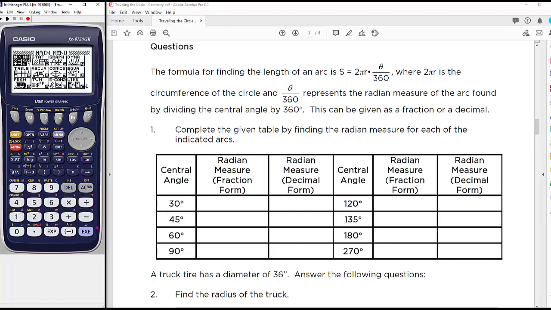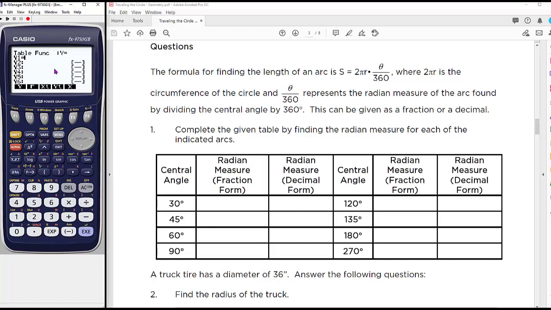So if I go into this table here, so we're going to arrow down to the table menu, hit Execute, and let's delete the equations that are there right now. So notice I can hit delete under F2, and then F1 says, are you sure you want to do that? Yes. So let's go back to F1. Well, what is our equation? Well, it's this ratio right here. And the numbers that are being replaced are where theta is.